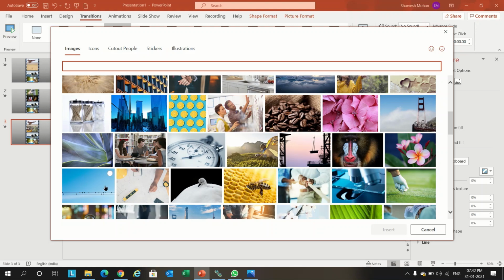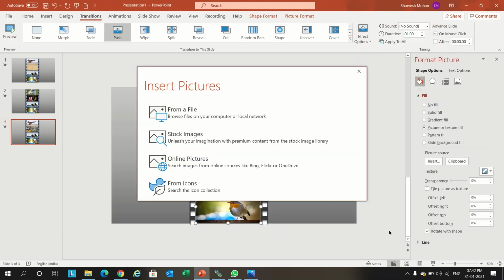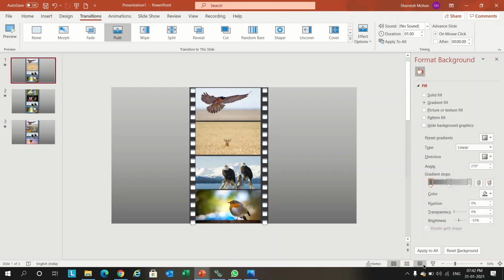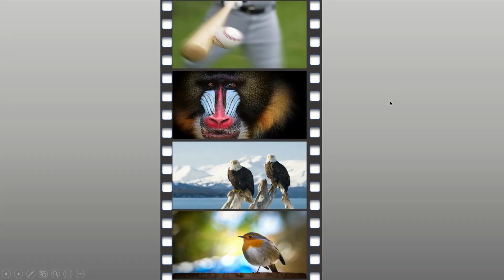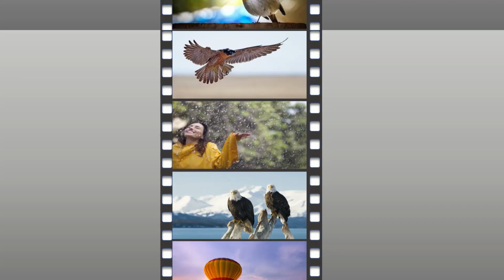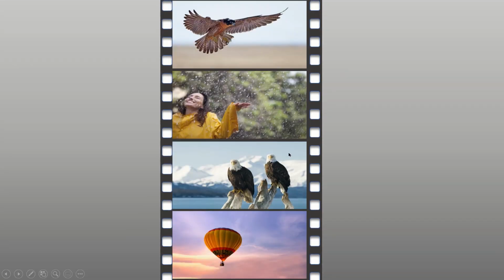So we completed the animation, and let's see how it comes. On click, it will come with push transition like this. Second click, it will show the next set of pictures. On third click, it will show the third set of pictures. This is the way we have to create the film strip effect in PowerPoint.